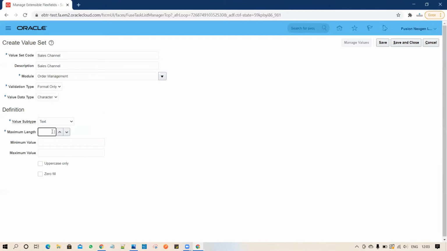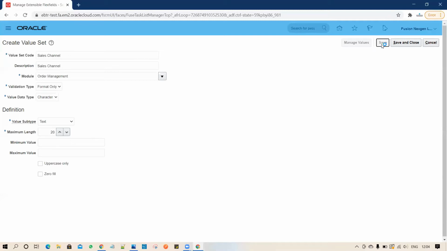What I'm going to propose as the max length for this value set, I am putting 20. So max 20 characters the system will allow to enter as the value. Then I am saving it.